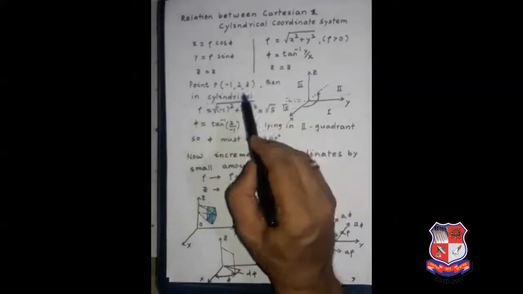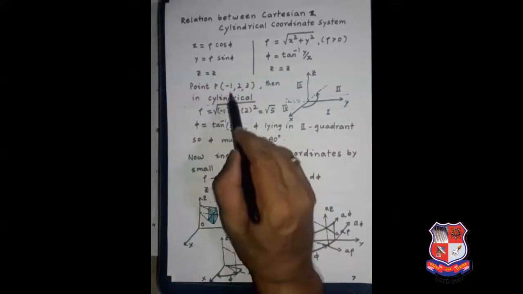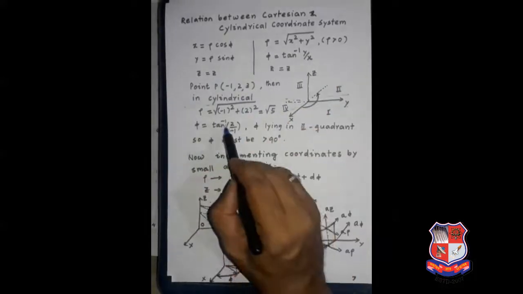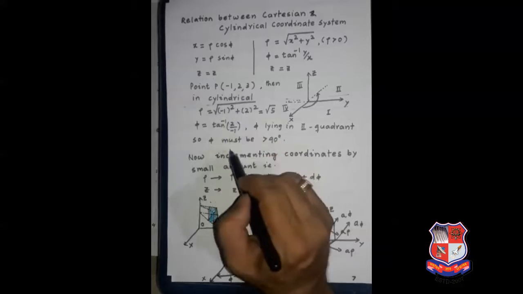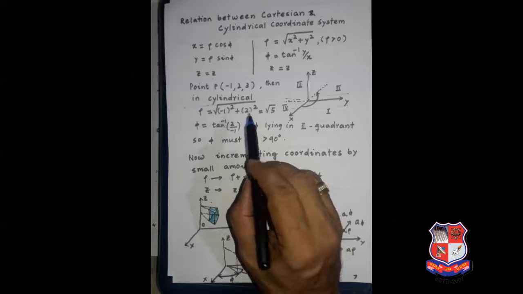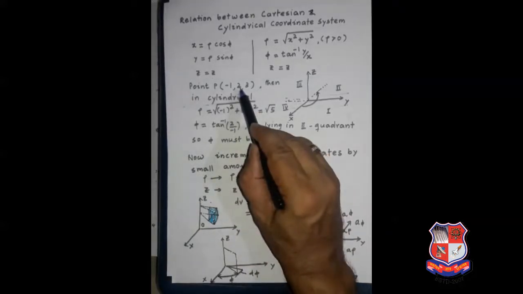These are the x, y and z values given. To find rho, we know it is the square root of x squared plus y squared, which is root 5, and phi, according to this expression, is tan inverse of 2 upon minus 1. So when you are calculating, we should remember that the y value is positive and